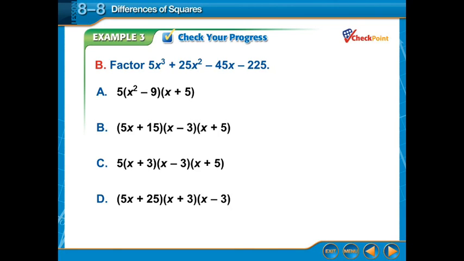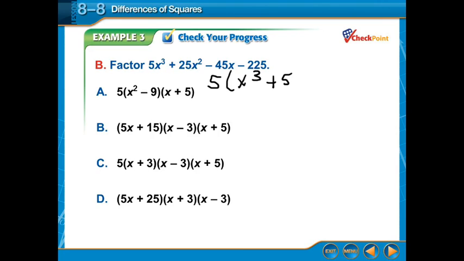Alright, let's look at another one. Let's look at 5x cubed plus 25x squared minus 45x minus 225. This one was kind of tricky because I don't see an x in every single term, so I can't take out an x, but I can take out a common factor of 5, and that will help me. So I'm going to take out a 5, which will leave me